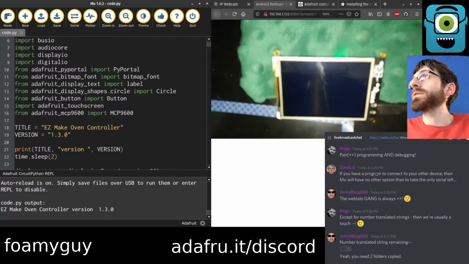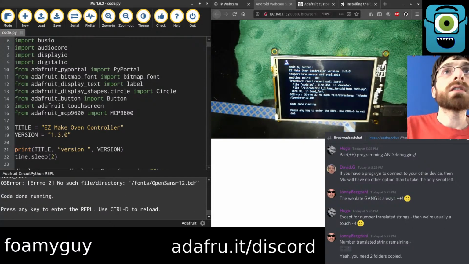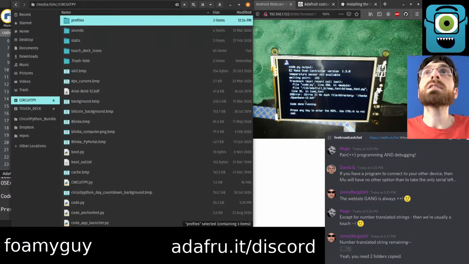All right, got our translate gang here. Okay, there we go. We're getting farther. Okay, fonts are next. We do have a couple of fonts in here. One thing we can try is also using